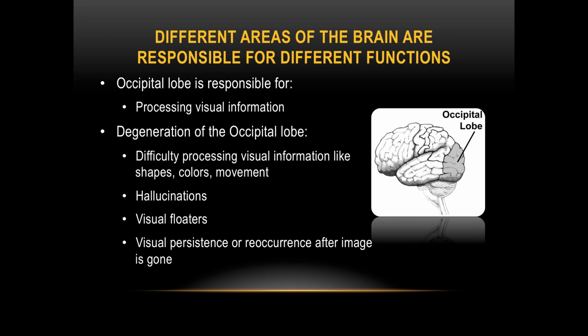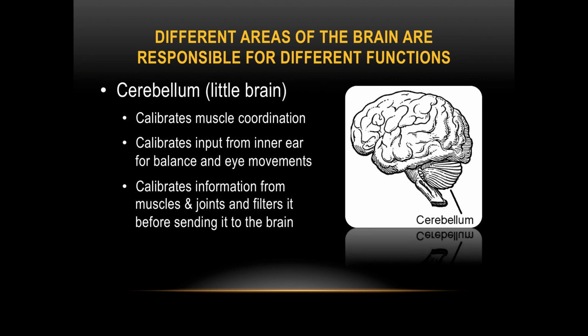The occipital lobe is responsible for processing visual information: shapes, colors, movement. So sometimes if we're getting visual floaters, this could be a degeneration of that. Some people have visual hallucinations. This can also be a little degeneration. And then probably the most